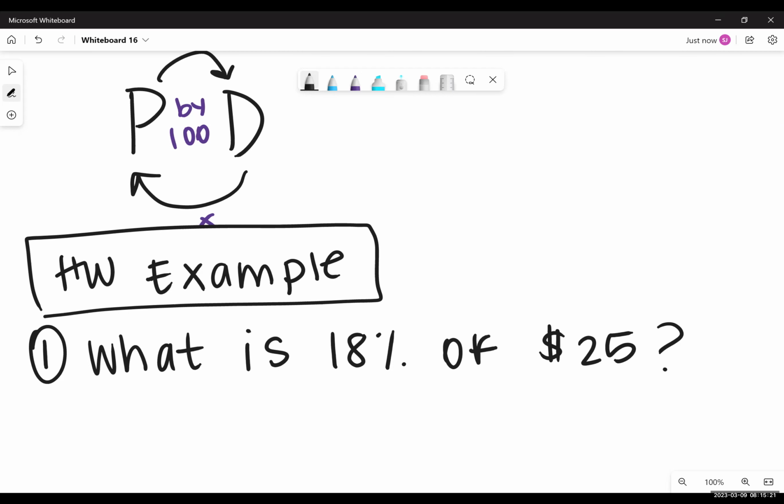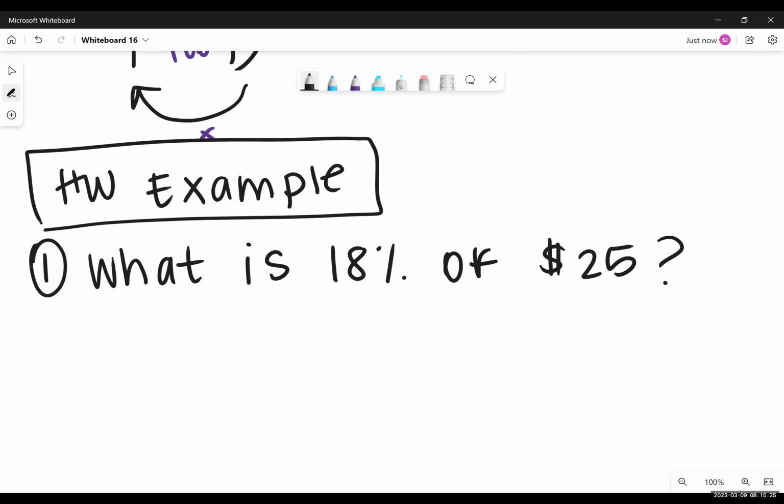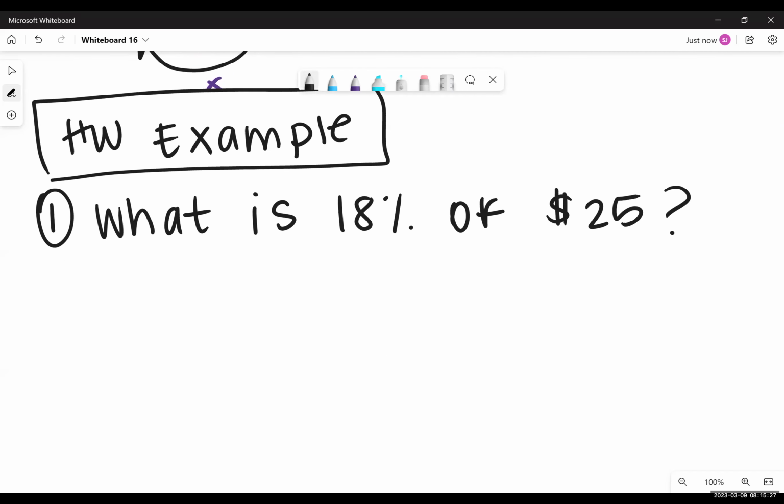So we know how to go from this to this and this to that. That's just the converting. I know that on the homework, it's going to ask us, what is 18% of $25? So technically you're at a store and they're having an 18% sale, which is really awkward, right? Because it's a random number, but the item that you want to purchase is $25. If you want to know how much money is being taken off of the sale price, we would need to do this. The math to figure that out is to take the 25 and to multiply it in your